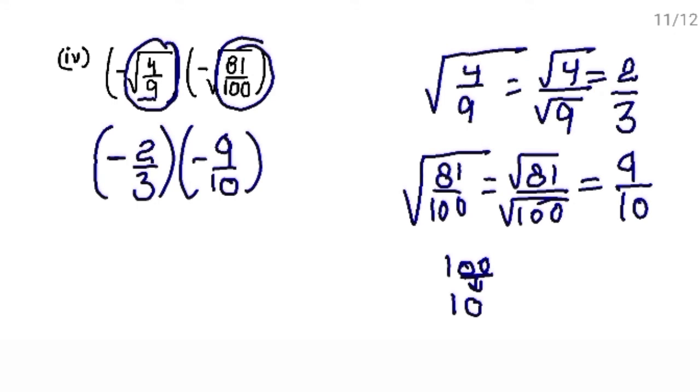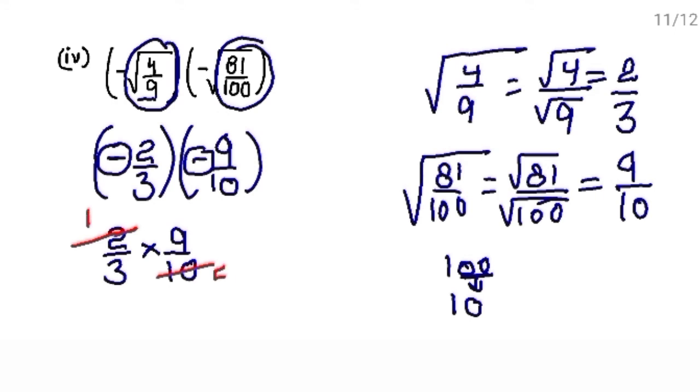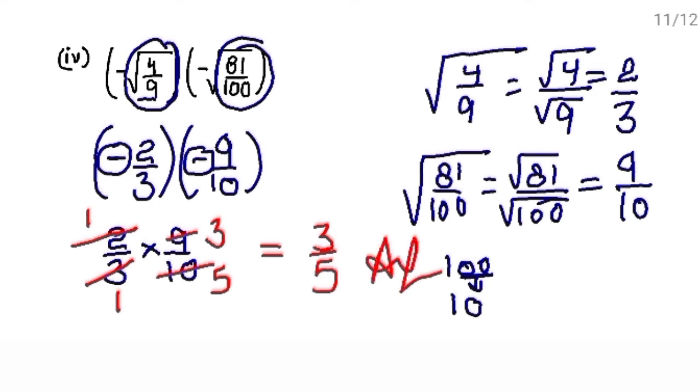As you have done in rational numbers, when you multiply two negative values, जब minus sign 2 times आ जाए, it becomes positive. Minus minus क्या बन जाएगा? Positive. Right? So this will be 2 upon 3, bracket means multiply 9 upon 10. This 2 numerator and this 10 denominator, both are divisible by 2, so cut them. 2 ones are 2, 2 5s are 10. Again this 3 ones are 3, 3 3s are 9. So what are you getting? 3 upon 5. So this is your answer.